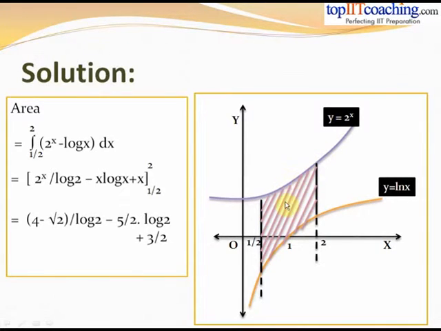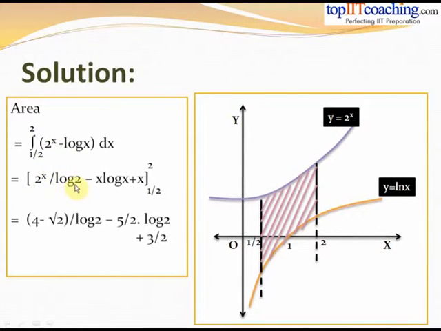So the area of this portion is equal to integral of 2 to the power of x minus log x. We know that this curve is greater than this curve. Let us say that this is g(x), this is f(x). Then the area is given by integral of g(x) minus f(x) from a to b. So area would be equal to integral of 2 to the power of x minus log x from 1 by 2 to 2. Now the integral of 2 to the power of x is 2 to the power of x